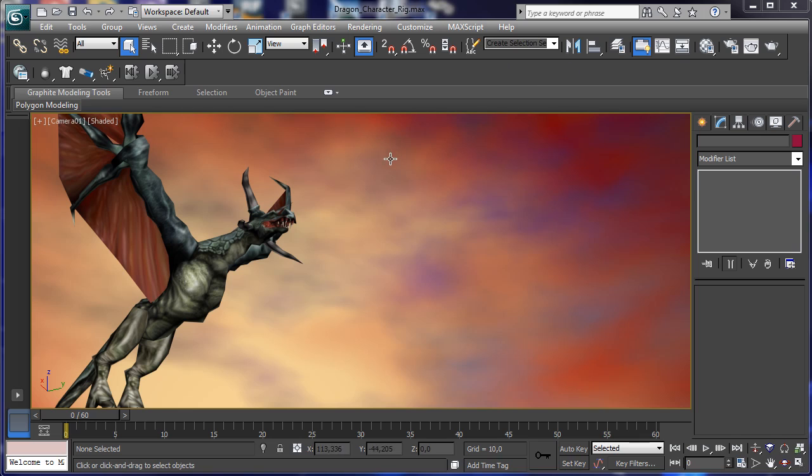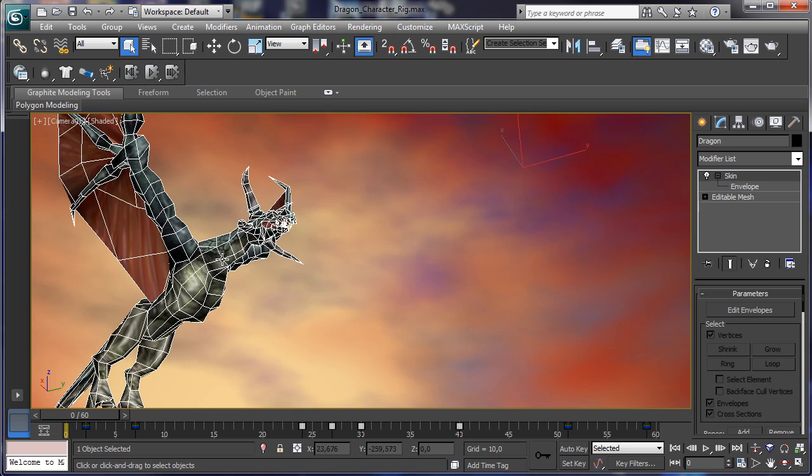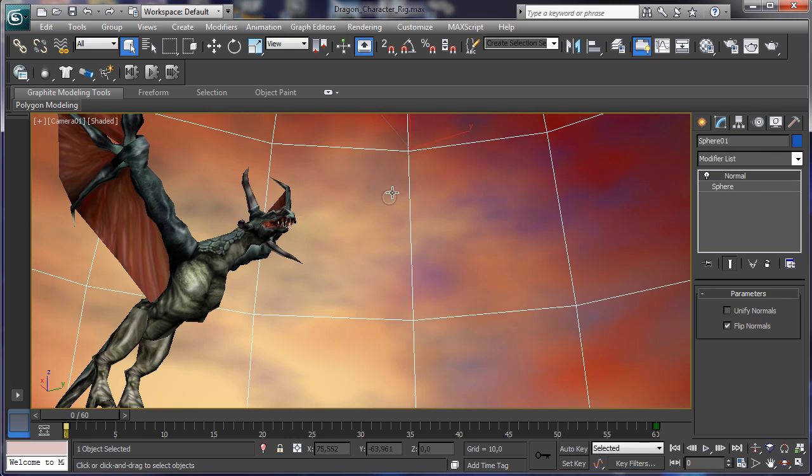So that's an old scene coming from the 3ds Max sample DVD. It's the dragon. We used it before to create the Fire Dragon tutorial series. And now we'll see how to use it. You'll see that the dragon is really a low polygon system, so we have a really low amount of polygons.